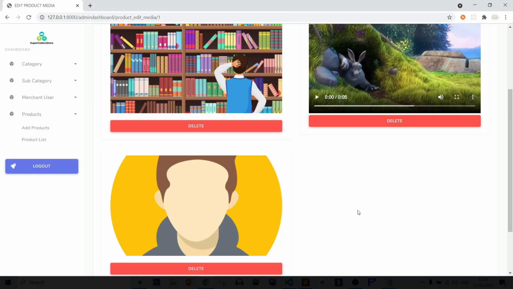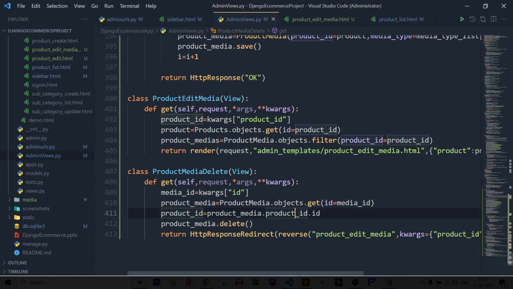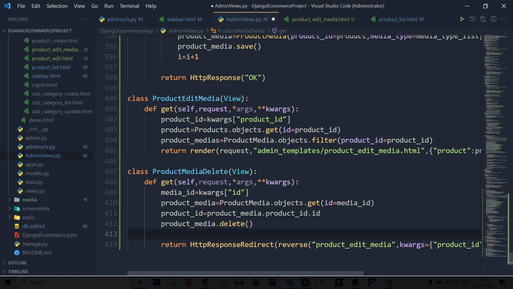Save this file, refresh page, and you can see it is working. Now after that, let's delete our media file. So let's see how you can delete the media file. So for this, back to VS Code, and after deleting the data, let's see how you can delete the media file.